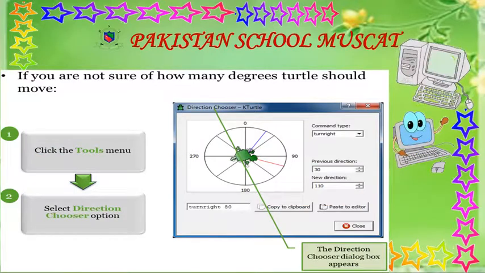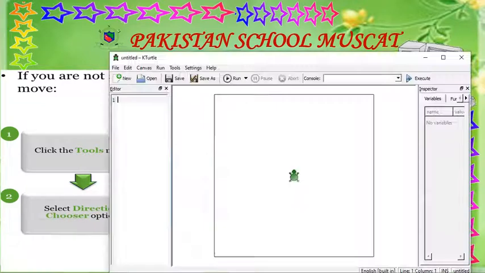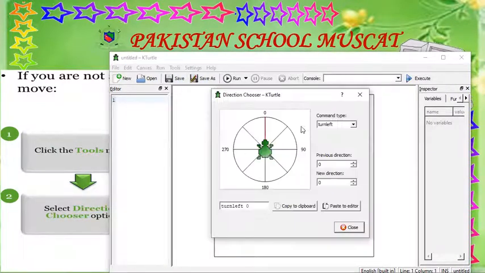From there you can change the direction. When I click on tools again, from the direction chooser, see, if I change my direction, like I'm changing the direction of my turtle, it is moving towards this side, and towards this side if I'm moving it, so it is moving again to the new direction.